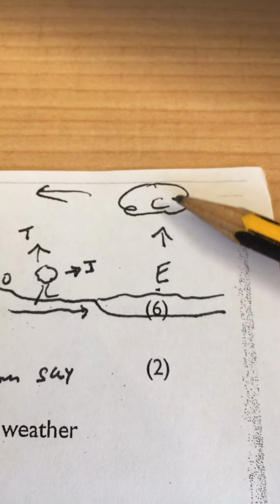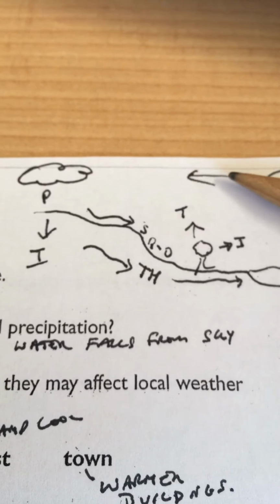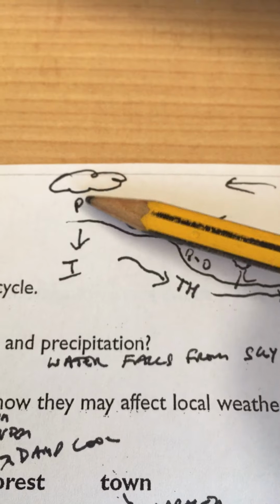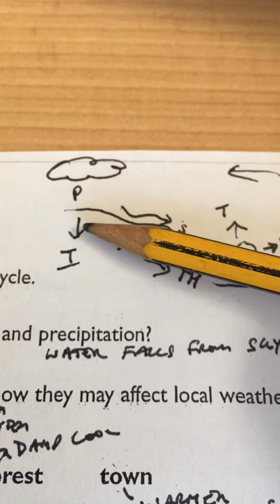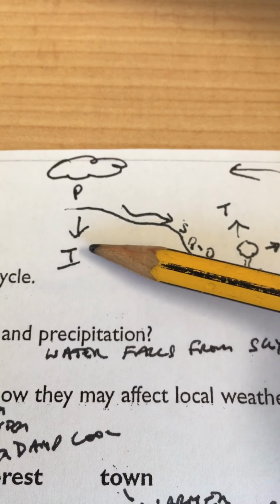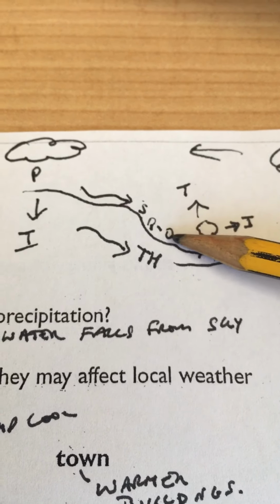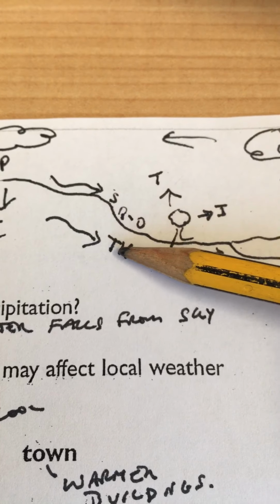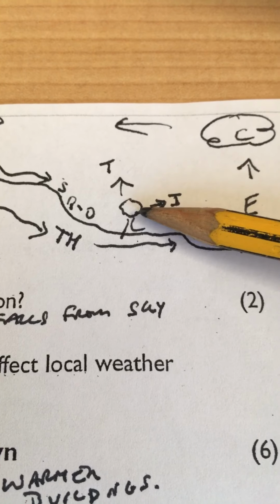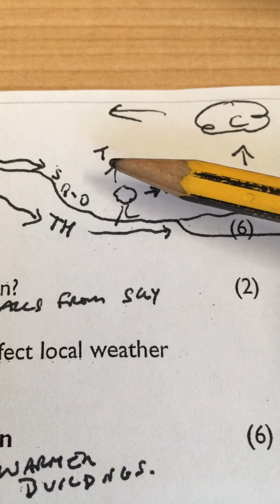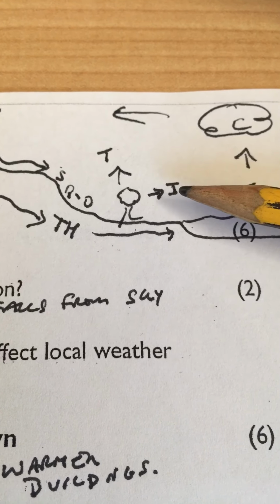This is a pretty basic one I've done here. Evaporation from the oceans, condensation, moving over, that's actually called advection, that phase of the clouds moving over the land. Precipitation from the clouds. Once the water lands, it has a choice. It either infiltrates into the ground, or it flows over the surface as runoff. In the rocks, the water may pass through with throughflow, and then we have the nice trees here with a bit of transpiration, can be called evapotranspiration, and interception, cutting out the water before it strikes the